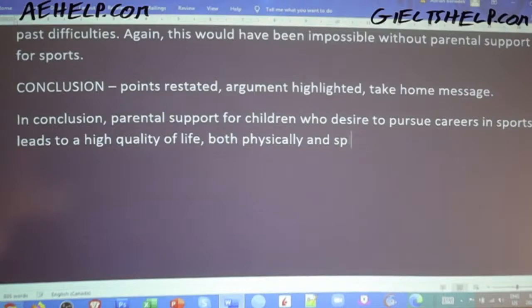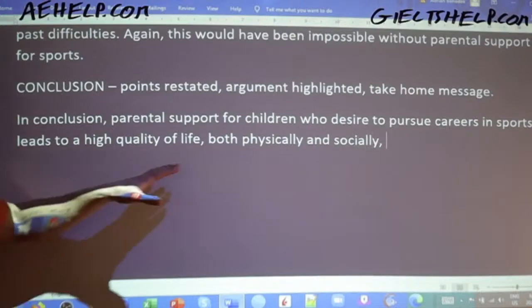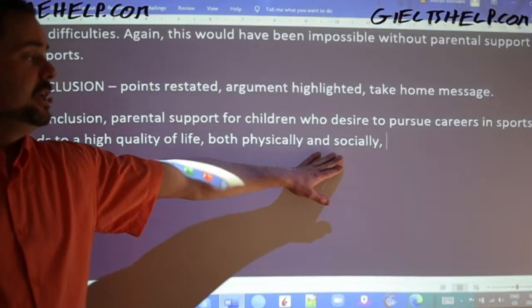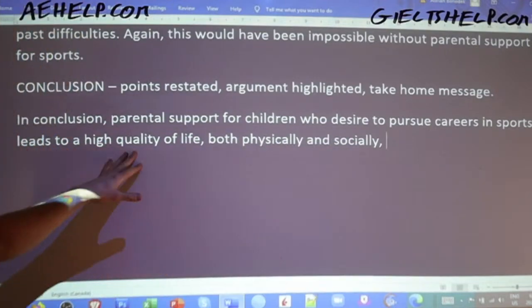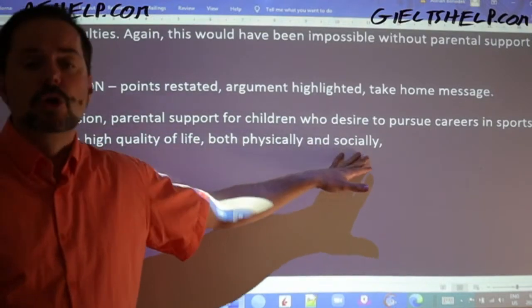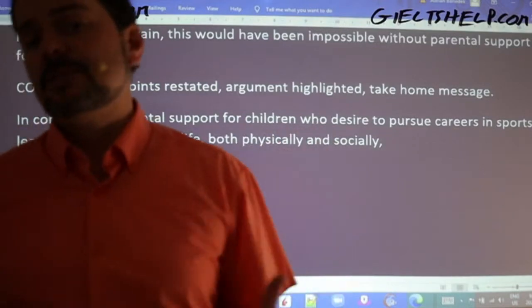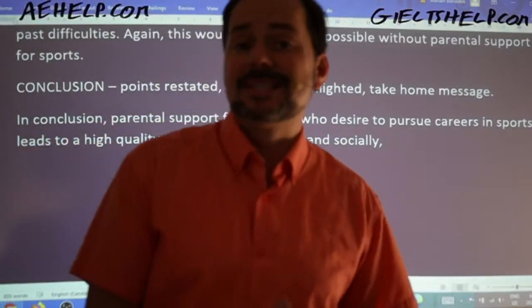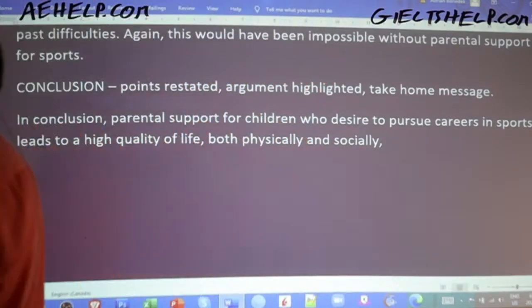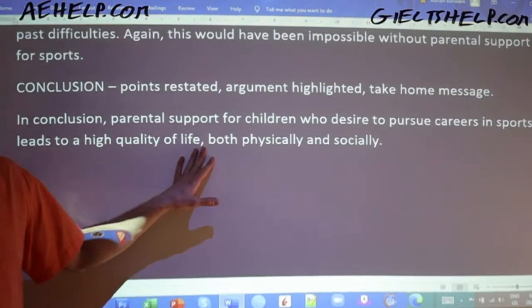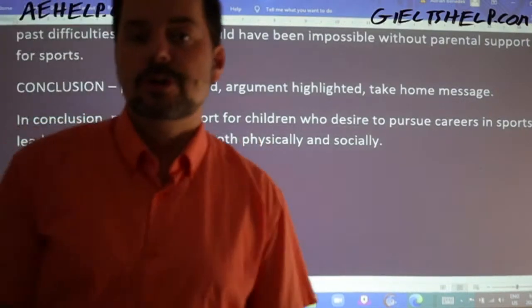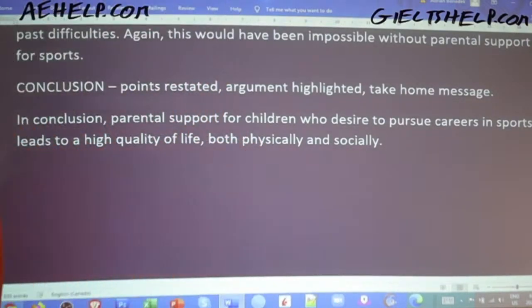Instead of spiritually, I like the word better, socially. Okay. So being successful in society. So you have a better quality of life both physically and socially. Social quality of life is arguably equatable to success in life. Okay, so I'm going to go with that one instead. Again, continually revise and review your sentences. Rethink them as you're going through them. Okay. All right.